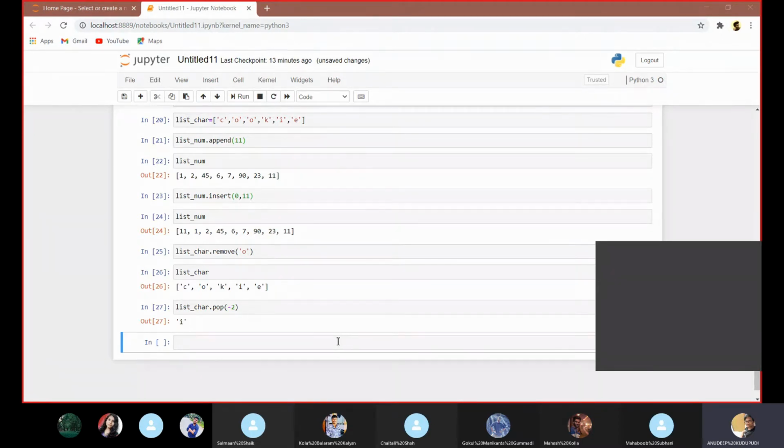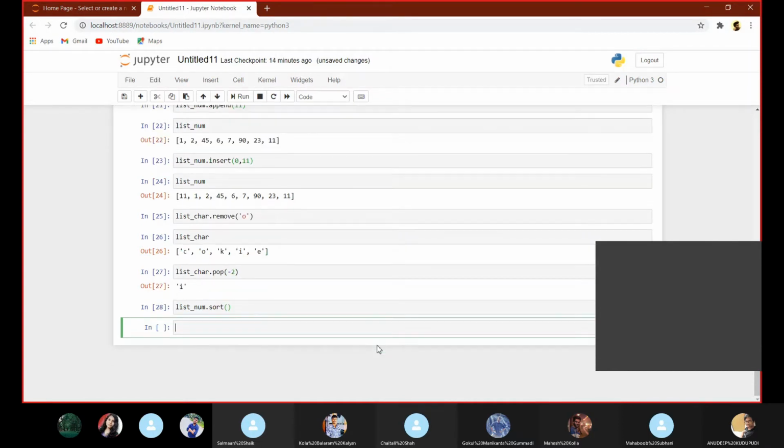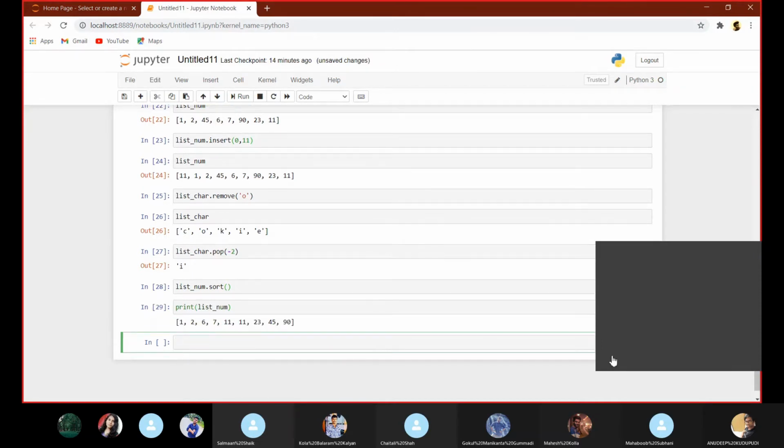And now we can go for in place sorting. This is how we can sort; this type of sorting is called in place sorting.